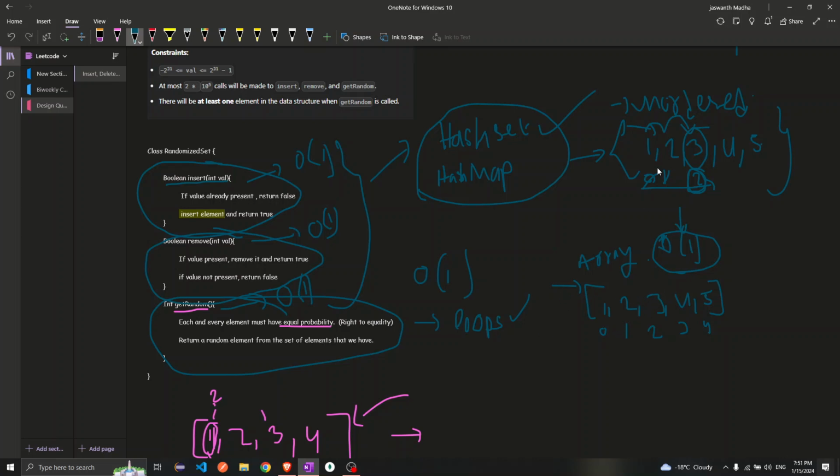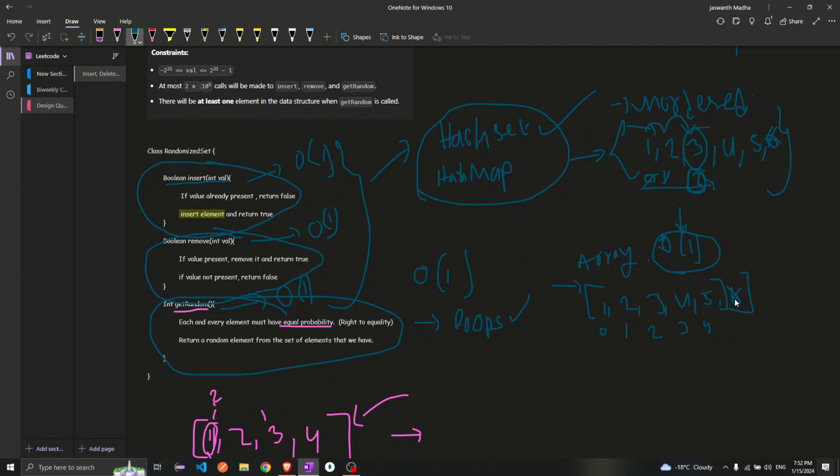But when you are updating this set, we also need to update this array, right? So when we are inserting an element into the set, suppose I insert 6, I will also insert the same element into my array list, right? So let's suppose I'm removing the element 6, the same element that I inserted. I can easily remove it in order of 1 in this set. I can also remove it in order of 1 from this list because it's at the end of the array,